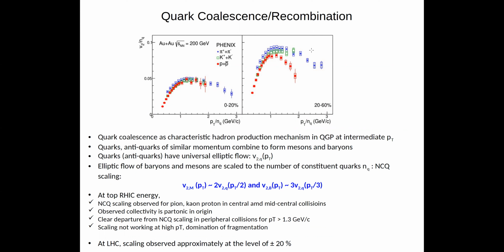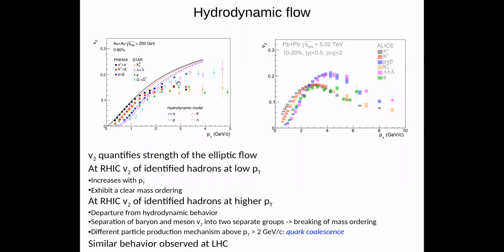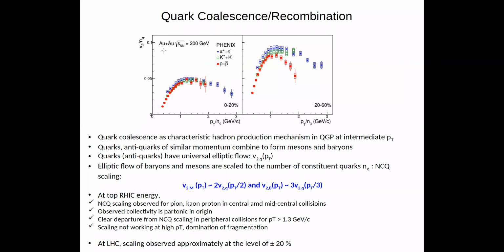the differential elliptic flow. When you plot V2(PT) as a function of PT, this is known as the differential elliptic flow. What has been shown here, as I said, is that at PT around 2 GeV, the hydrodynamic mass ordering is broken, and V2 of baryons and mesons get separated into two branches. However, once you divide this V2 by NQ, where NQ is the number of constituent quarks in that hadron, and plot it as a function of PT by NQ, then all of them fall one on